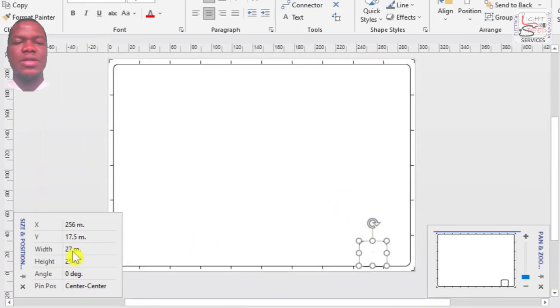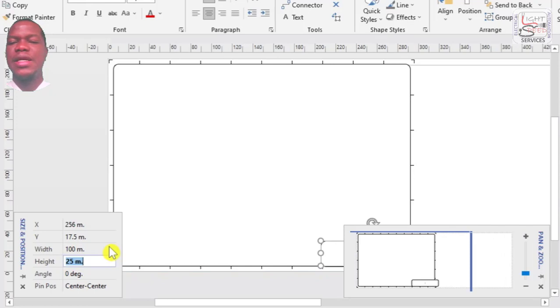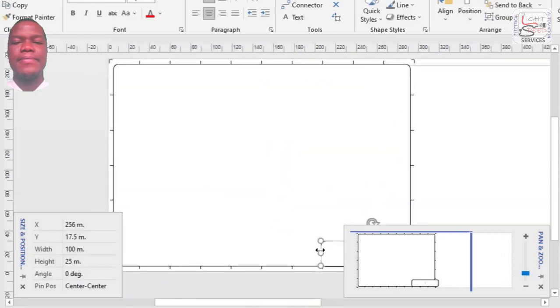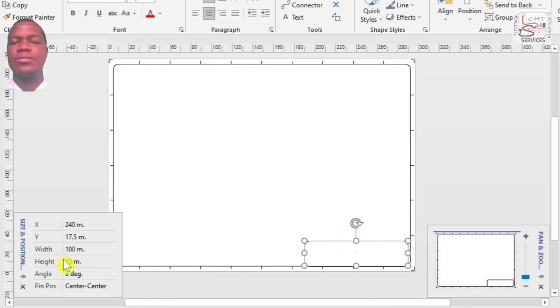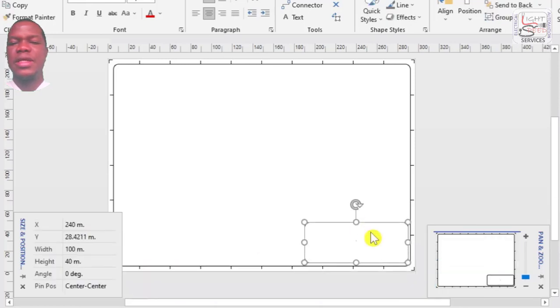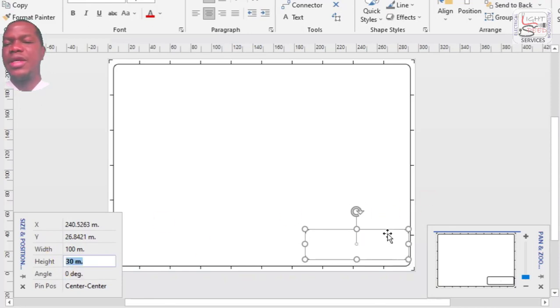Okay, so I'll be using 100 by 40. Let's see. Let's make it 40. Wow, looks too big. Let's bring it down to 30 perhaps. 30. Yeah. Okay, this should be okay then.